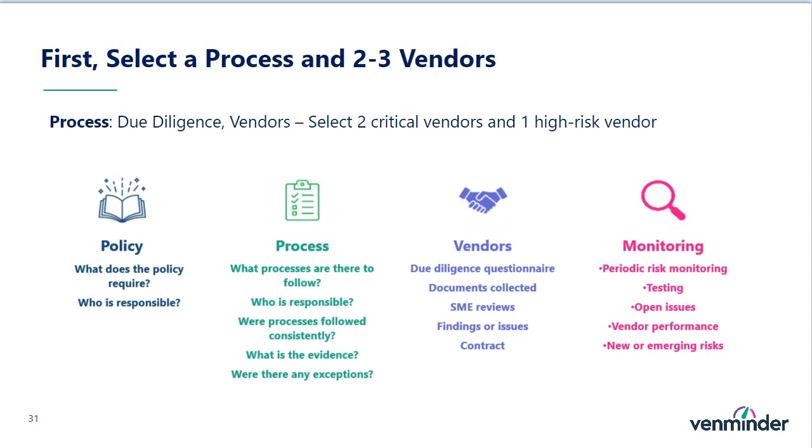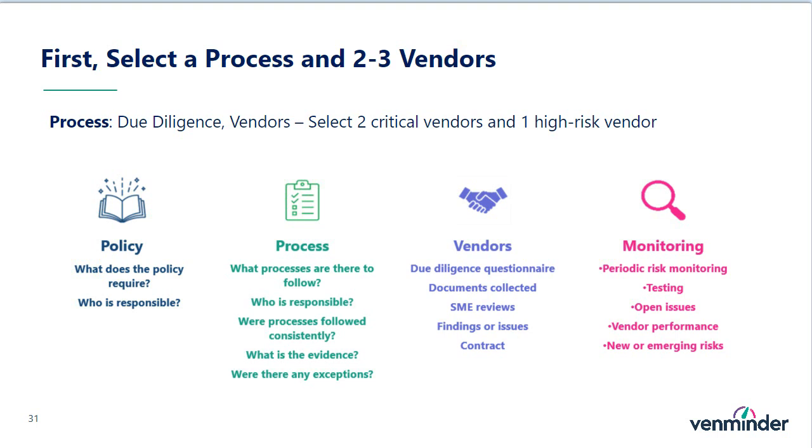Now, we're going to look at the information from the vendors. Did they fill out all the due diligence questionnaires as they were requested? Were the documents collected and were they sufficient? Do we have a documented subject matter expert review, and what did it say? Were there any issues or findings that they needed remediation before the contract? Or were there any items that needed to be included in the contract, and were they? Another consideration of documentation is the documentation organized and properly stored with the vendor record and not just hanging out